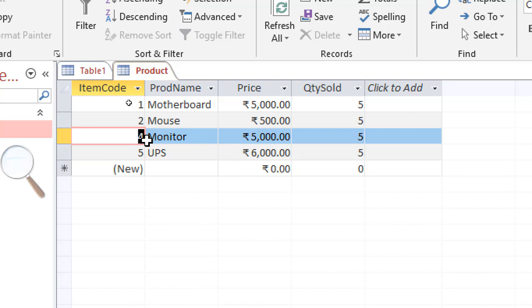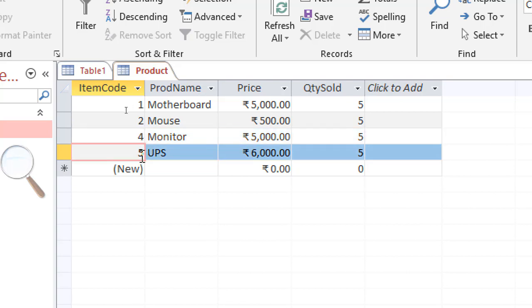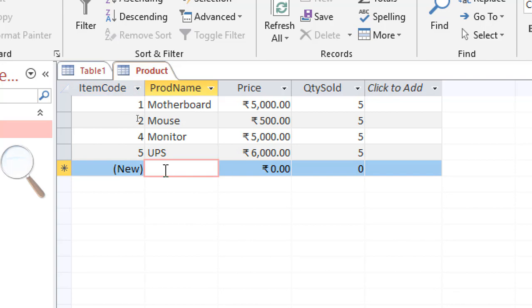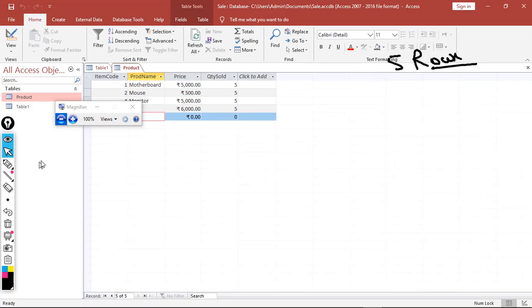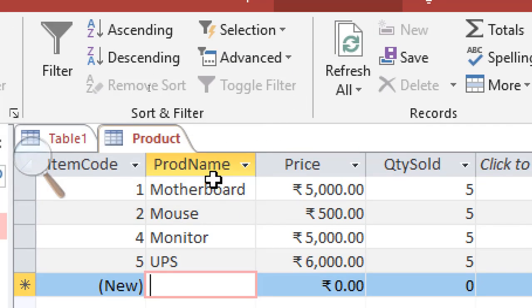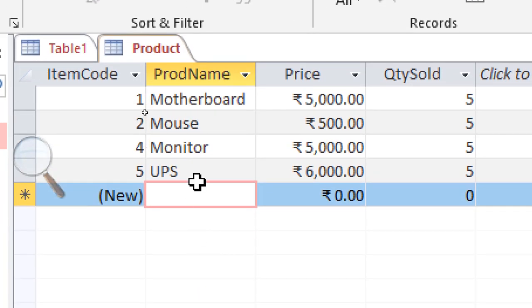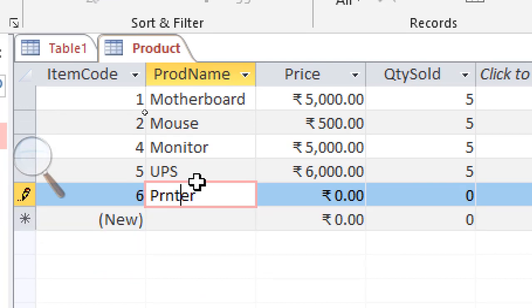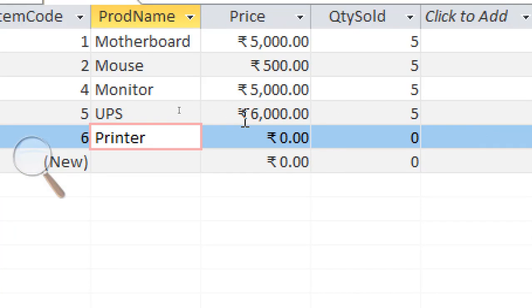Well, next most important thing is we have to change the serial numbers, but these serial numbers will not change. Just keep this thing in your mind. Whenever we delete a record from our table, then the values of the auto number field will not be changed and you cannot reuse them as per your wish. Fine. So here I have taught you how you can change your fields. Now, because we have deleted one field, let's suppose we have to enter one field. Suppose I have to purchase printer, and I am purchasing a good quality printer. So minimum cost of a good quality printer is 10,000 rupees.